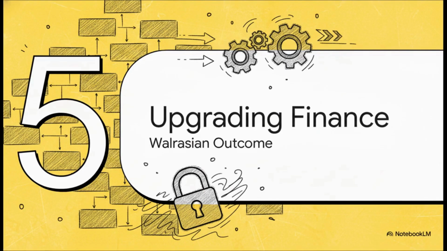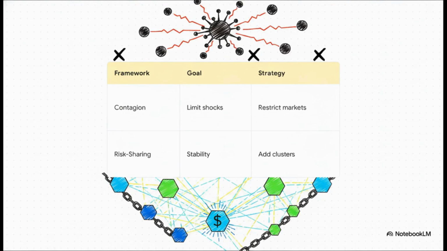Finally, Part 5, Upgrading the Financial System, Achieving the Walrasian Outcome. Let's bring all these pillars together. Now, what's really interesting about this slide is the stark contrast in how we manage systemic risk when we combine ledgers, contracts, and encryption. Modern policymakers often operate defensively under a contagion model. They want to limit and restrict markets to prevent the spread of damage. But the economic risk-sharing perspective is the exact opposite. By utilizing blockchain technology securely, the objective goal is to safely increase market clusters, expanding connections to optimally inject liquidity to key players, which actually maximizes stability for everyone.